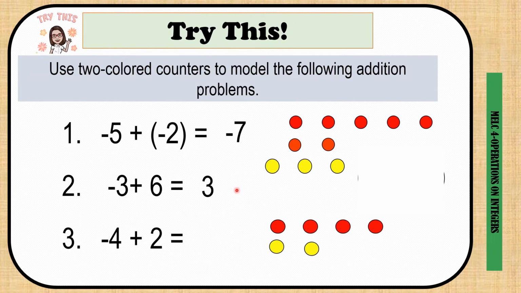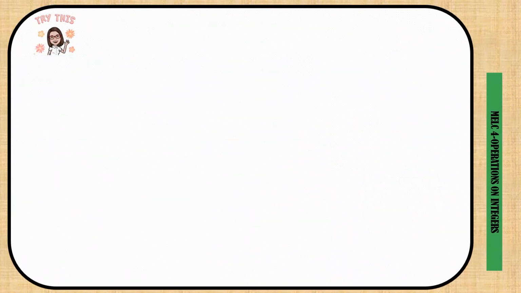Now for number 3, we have negative 4. Therefore, it is shown here by 4 red chips or counters and 2 yellow counters. And obviously, we have to make it 0 pairs. So we will remove that, and the remaining chips are just 2 red, and it is negative 2. Okay, very good. So I know that you got that answer. Okay, now